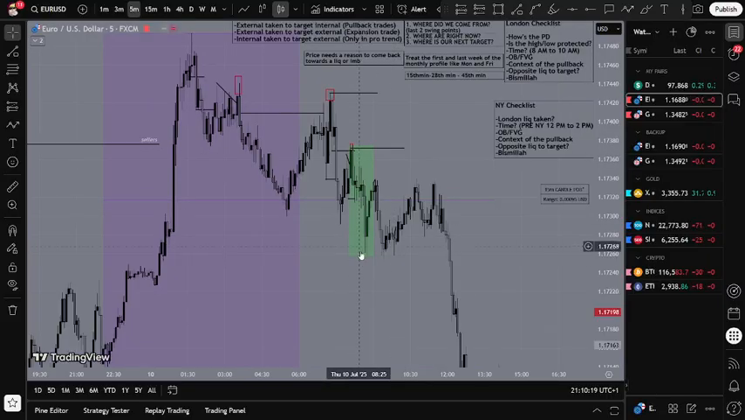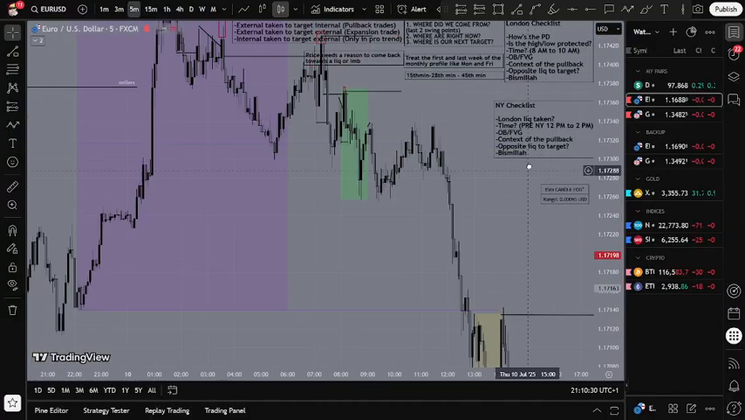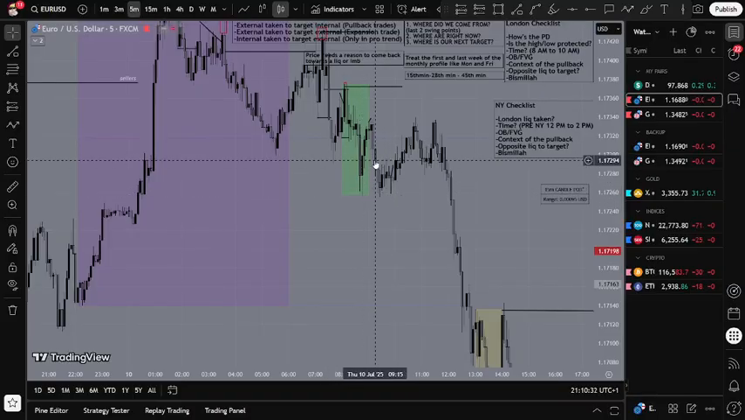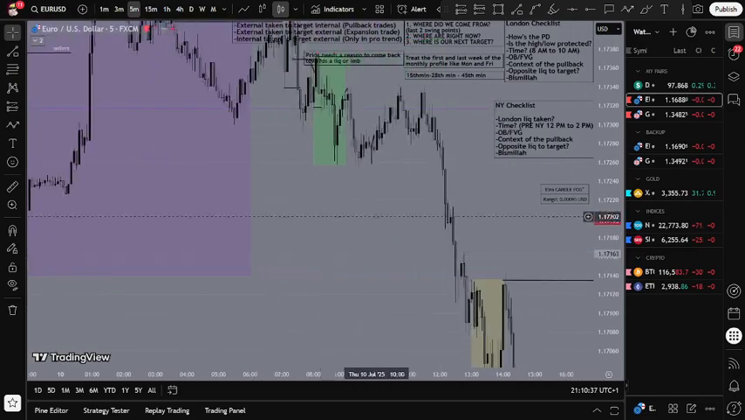Context of the pullback. Is this strong enough? Is it reacted out of something strong enough for it to reverse? No, it's not. As you can see, it's bad. Opposite liquidity. Do we have a build up liquidity here, internal liquidity, and here we have liquidity here, and then